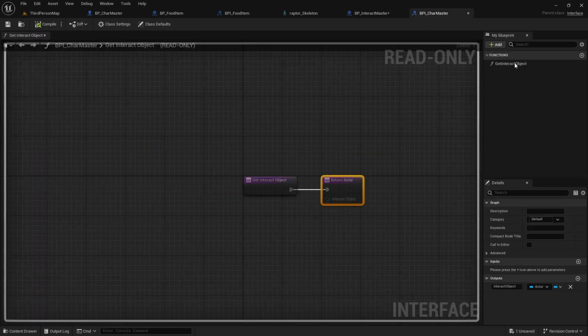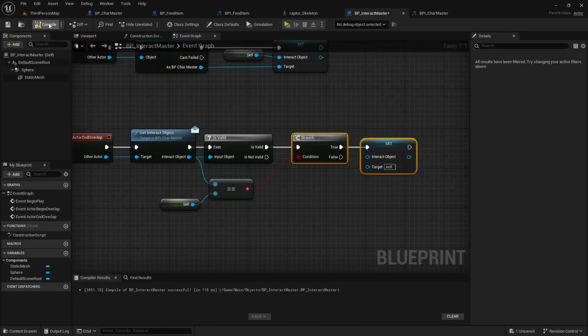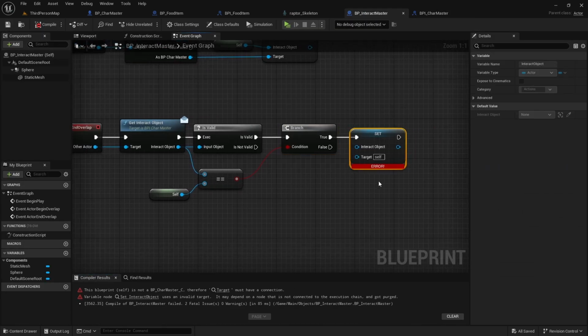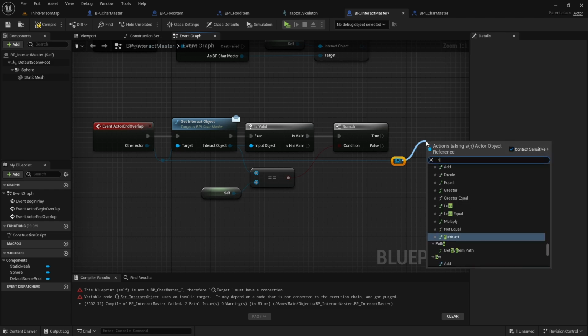So back in our BPI, add function, set interact object. And this time we want an input. It's already an actor. Interact object, compile, save, and then we're going to get rid of this, and we're just going to go from here. Let's lower this a little bit so we can pull off of it and it's not going to be so messy. Reroute, nice and pretty, and then we're just going to set